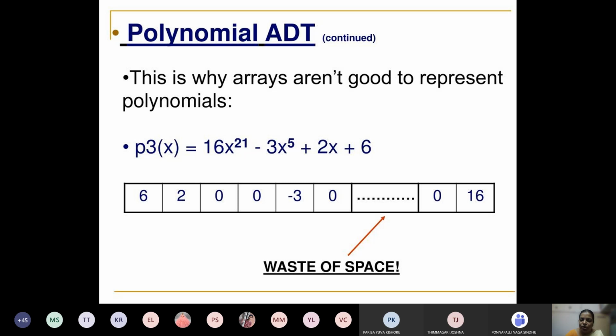The first node has coefficient 16 and exponent 21. The second node has coefficient minus 3 and exponent 5. The third node has coefficient 2 and exponent 1. The fourth node has coefficient 6 and exponent 0. Like this we can create 4 nodes in a linked list and implement polynomials using a linked list.